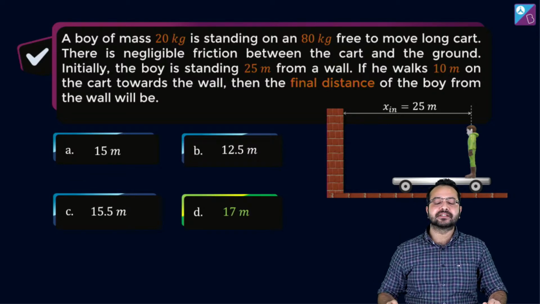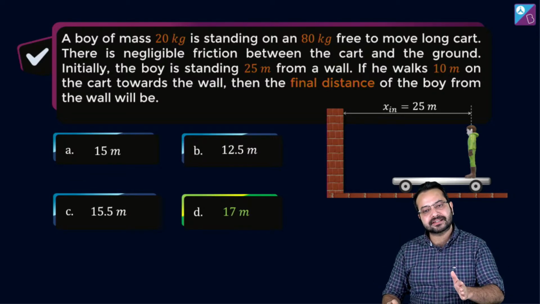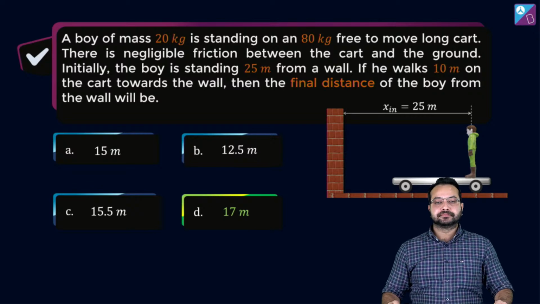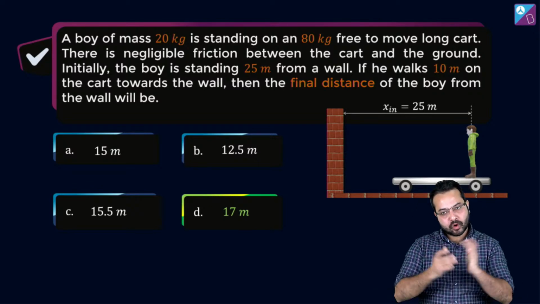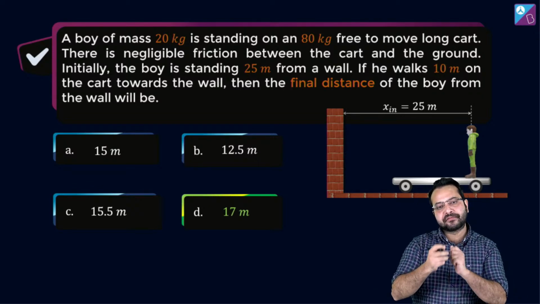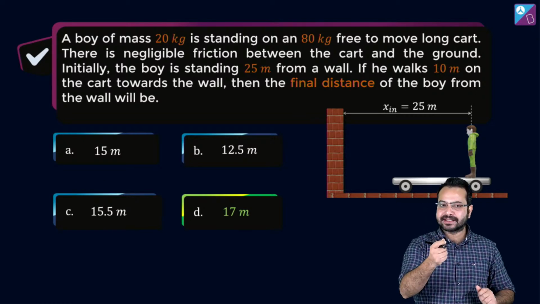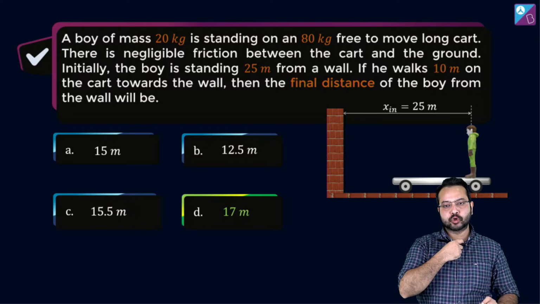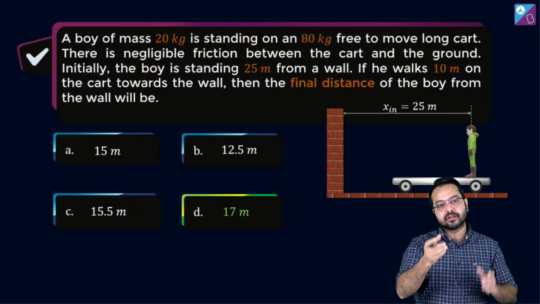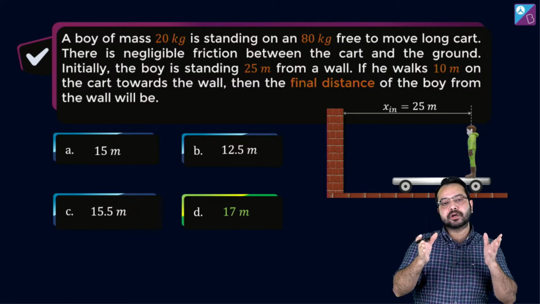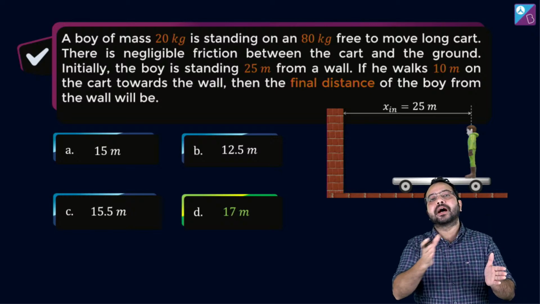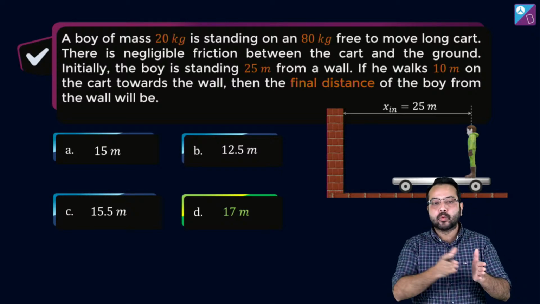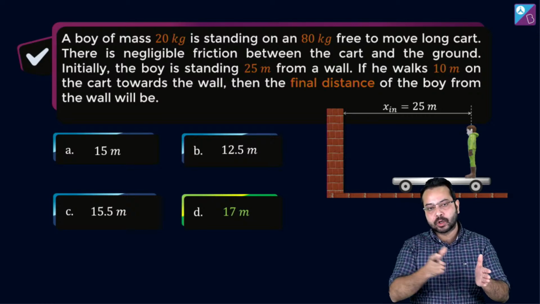Okay, the concept remains the same. The center of mass was at rest, it will remain at rest. All right. Okay, so difficulty rating of 3, I will accept that because this requires concept. You should know the concept of not just conservation of linear momentum, but you should know how do we apply it as well, and applying it correctly with the correct concept, with the correct direction,